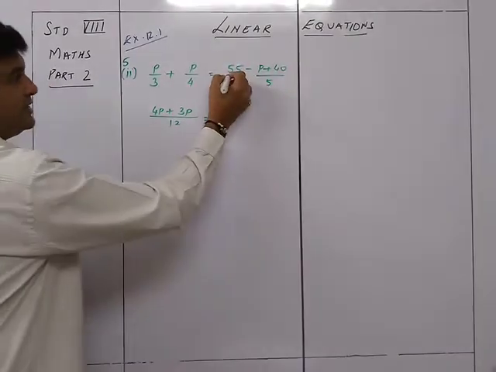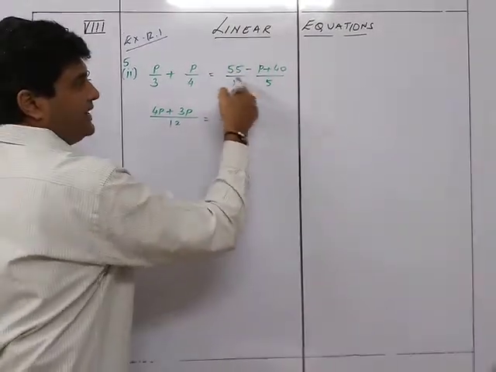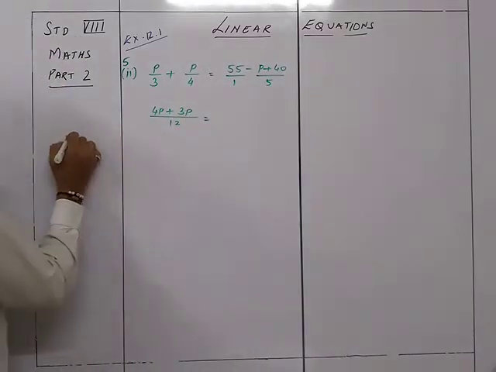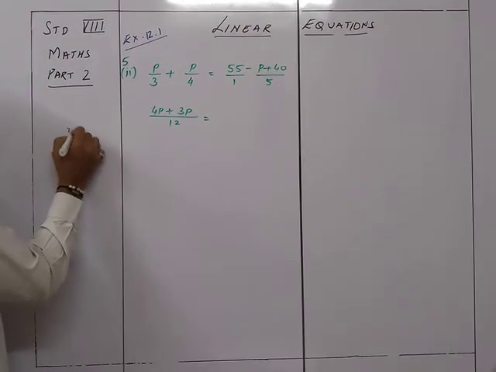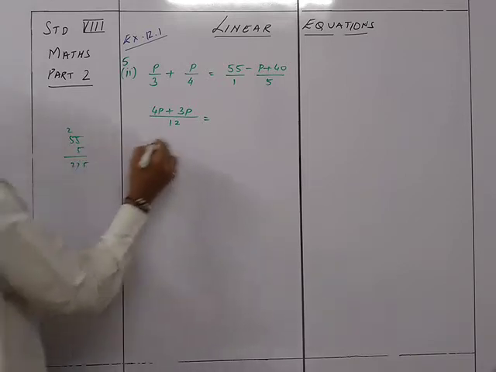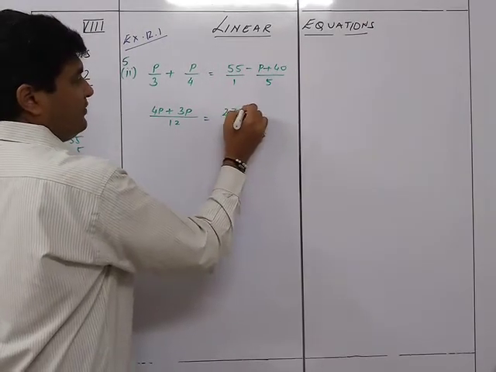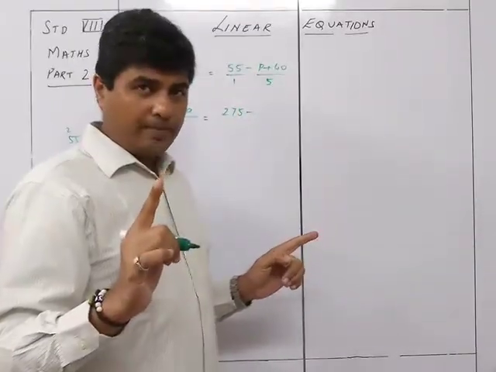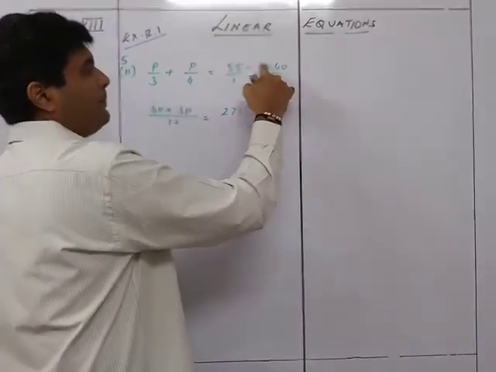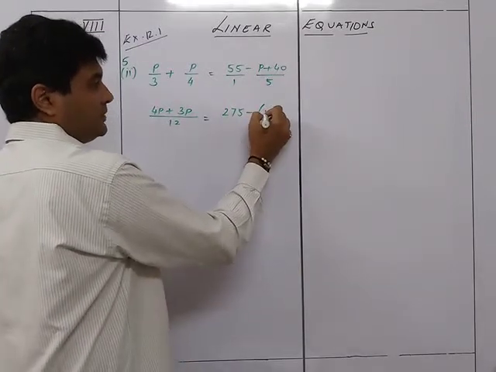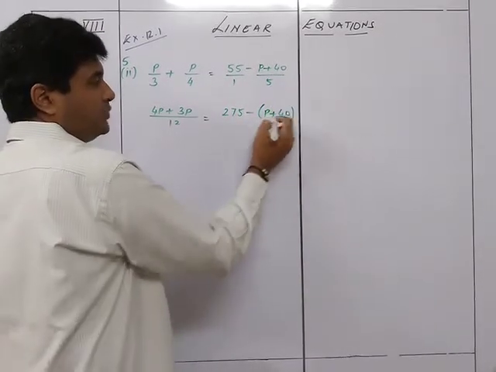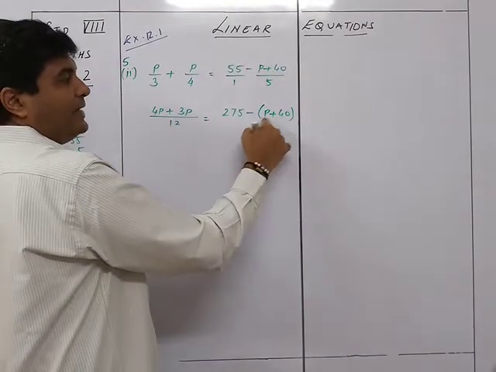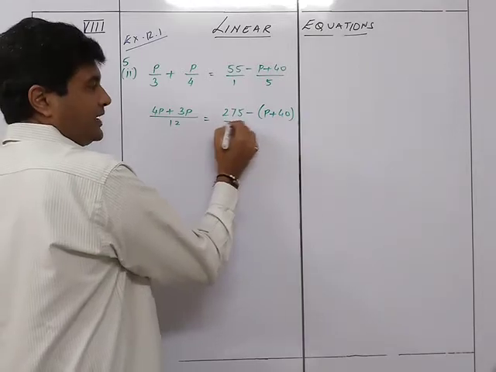Now again over here, this is nothing but 55 upon 1, so you're going to take the LCM here, so it will be 55 into 5, 5 5s are 25, 5 5s are 25, 27, so it's 275. Now this minus over here plays a very important role. I cannot just say minus p plus 40. No, it is like this. Minus is going to be like this because you are actually multiplying this by 1. So that's why I'm going to multiply this whole thing by minus 1. So I'll keep it like this.